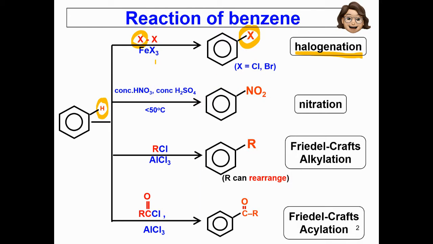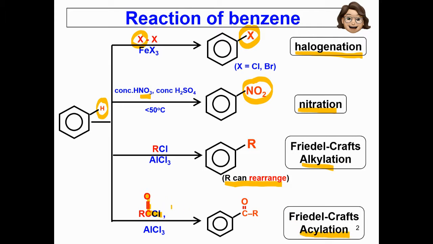You can see here the hydrogen is substituted by an electrophile. So if you have a halogen, then the hydrogen is substituted by the halogen. The easiest one is concentrated nitric acid, where the hydrogen is substituted by nitro, NO2. So the process is called nitration. Now the difficult part is the Friedel-Crafts alkylation, because the alkyl can be rearranged. Then the last one will be